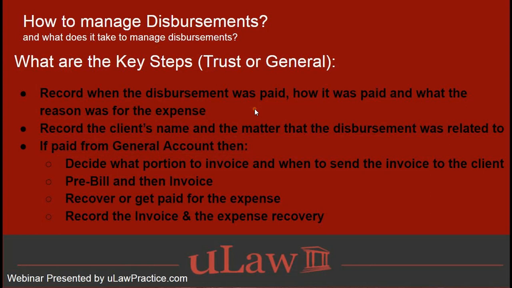Or another aspect or vehicle of payment could be what we title as the owner's pocket, which is essentially your own personal money that you may have used to pay on behalf of a client or on behalf of your firm. So Roger Moore, the legal professional, may have forgotten his wallet, may have forgotten his checkbook, and may just have $100 or $200 of cash. And let's say there was a set of documents that had to be photocopied, and he actually indeed used his personal money to pay for those photocopies on behalf of this matter, then that's also recorded as a general disbursement.